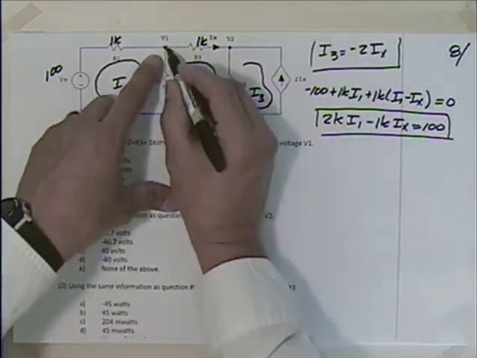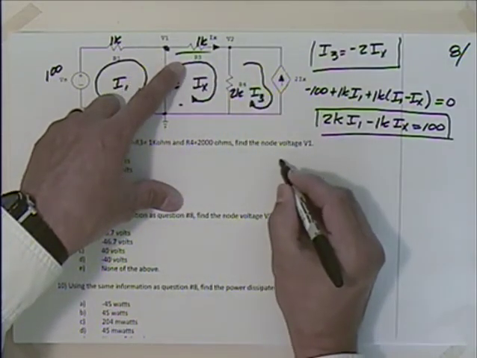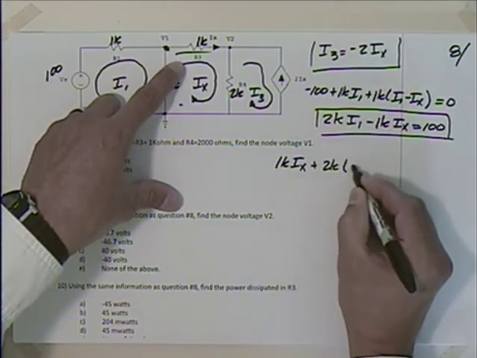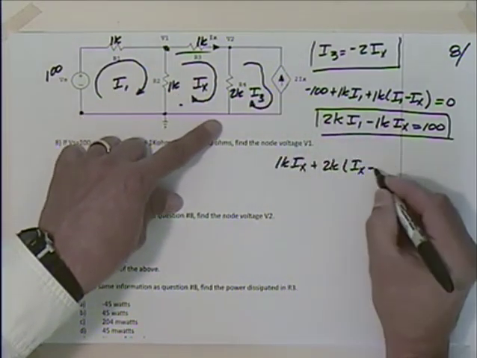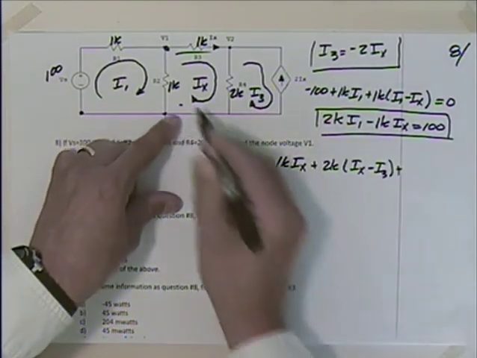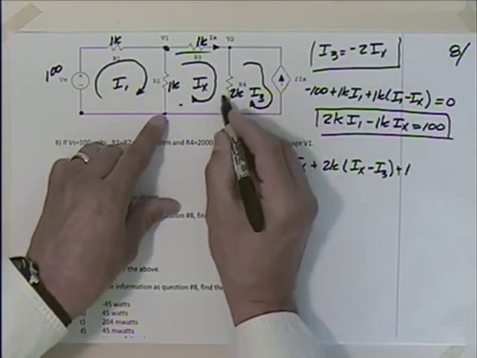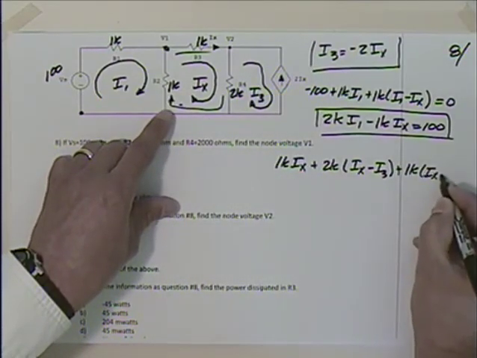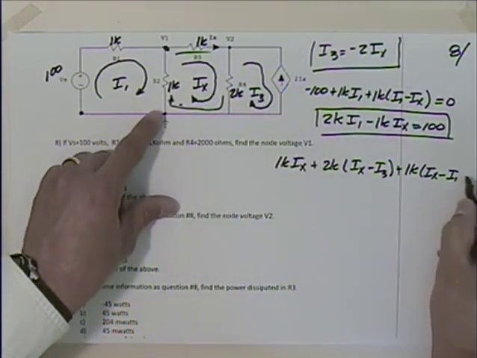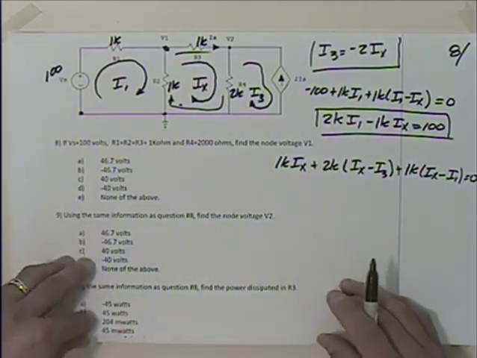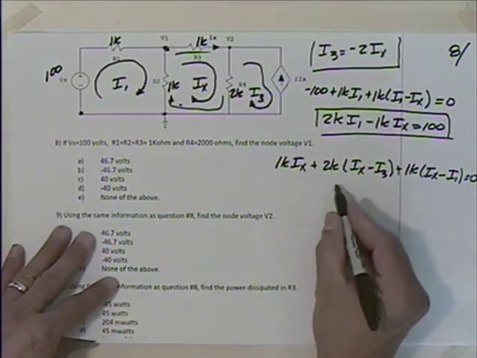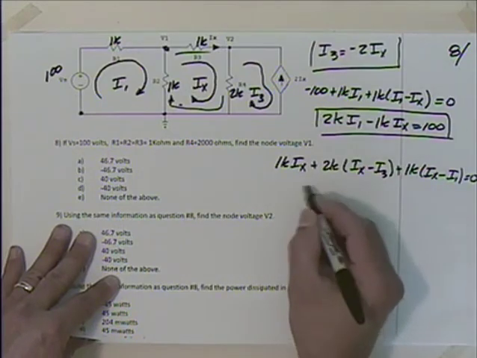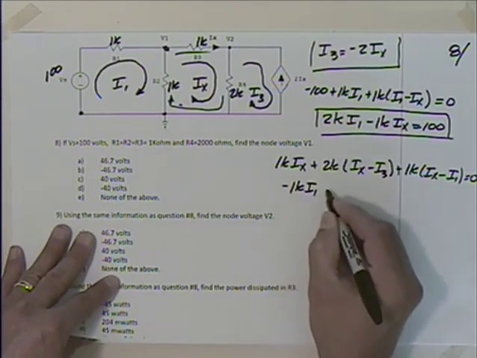Maybe I'll start here and have 1K times IX plus 2K times IX minus this I3, plus 1K. Now I've gone around here and coming up there, 1K times IX minus I1, because I1's opposing it. Gets me back to my starting point. Kirchhoff says that's equal to 0. So what do I have here in terms of I1? Do I have any I1s in there? Yeah, minus 1K I1